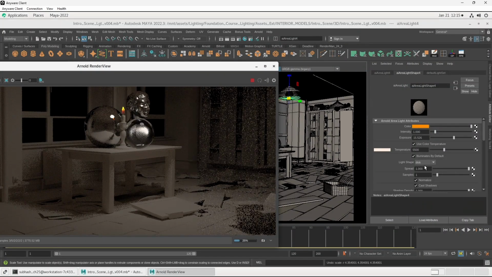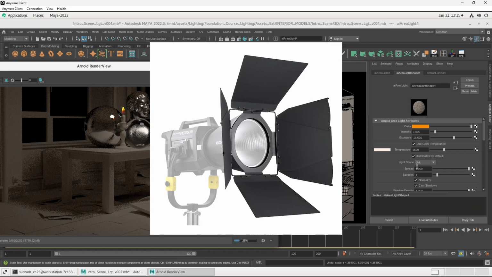Now let's adjust the light spread. This property is very similar to barn door settings in films. A barn door is an attachment used in stage and film lighting that allows precise control over the shape and direction of the light beam. It consists of 2 or 4 adjustable metal flaps that are mounted around the edges of a light fixture. These flaps can be moved to shape or block a part of the light,